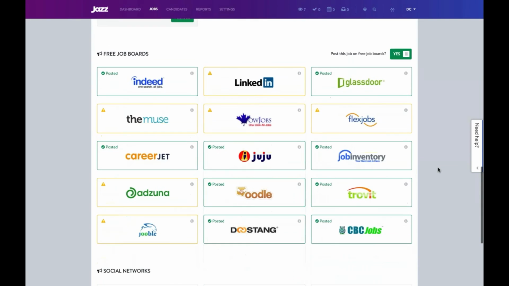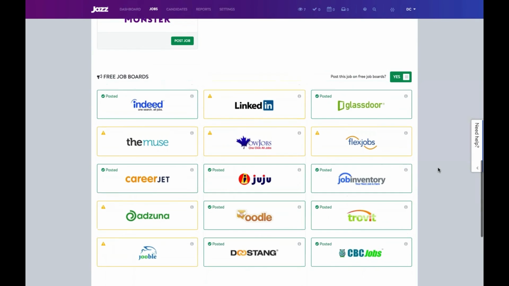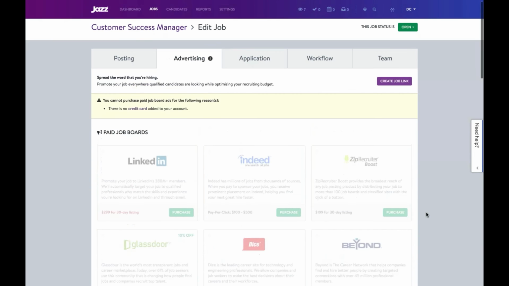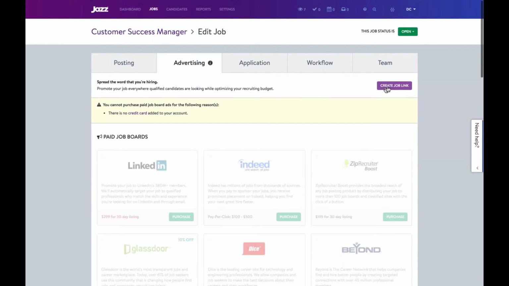And then you can see a list of the various free boards that we post to as well. And on the very bottom, you can see where you could easily share this onto your social networks such as LinkedIn, Twitter, or Facebook as a status update. So let's scroll back up to the top,